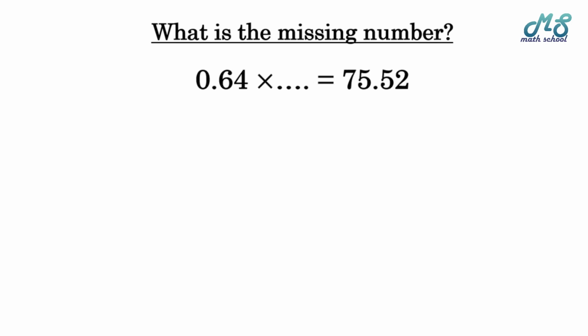Next, guys, what's the missing number? It's a very important sentence. 0.65 times what equals 75.52? To find the missing number, guys, just divide. Divide what? Yes, divide the product, which is